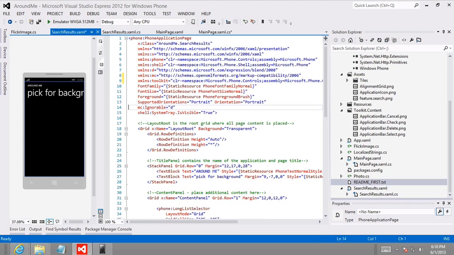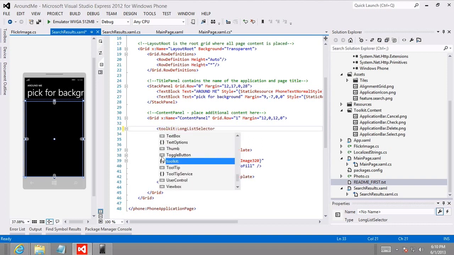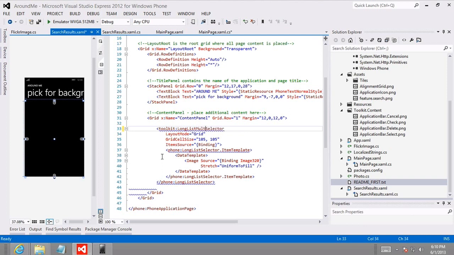The XAML namespace basically says this: when you see a XAML element prefixed with the toolkit prefix, then look in the following assembly for the following CLR namespace for that class's definition. So somewhere in the Windows Phone Toolkit code, there's a namespace defined as Microsoft.Phone.Controls, and it has a class named LongListMultiSelector, among others. So the compiler parses the element. In this case, we'll change our phone:LongListSelector to a toolkit:LongListMultiSelector,